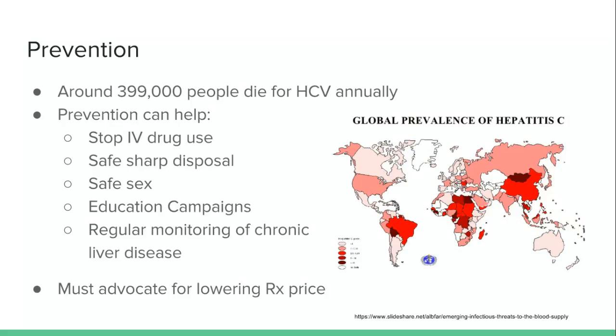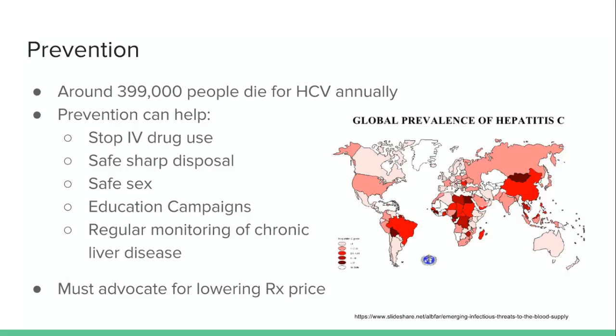So prevention of this is key, considering 399,000 people die each year from hepatitis C viral infection. The main way to prevent spread of this is to stop intravenous drug use, to educate folks on safe sharps disposal both in and out of the healthcare setting, to educate folks on safe sex, as is with any sexually transmitted disease. Public health education campaigns are important because folks need to understand how this virus is spread, how important